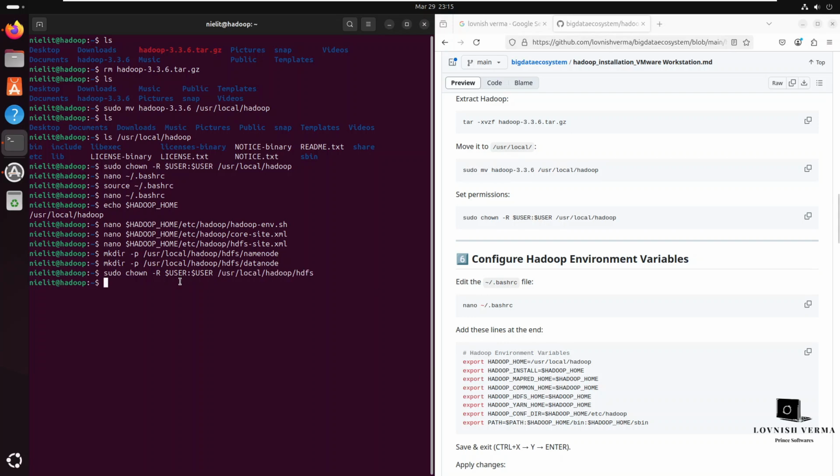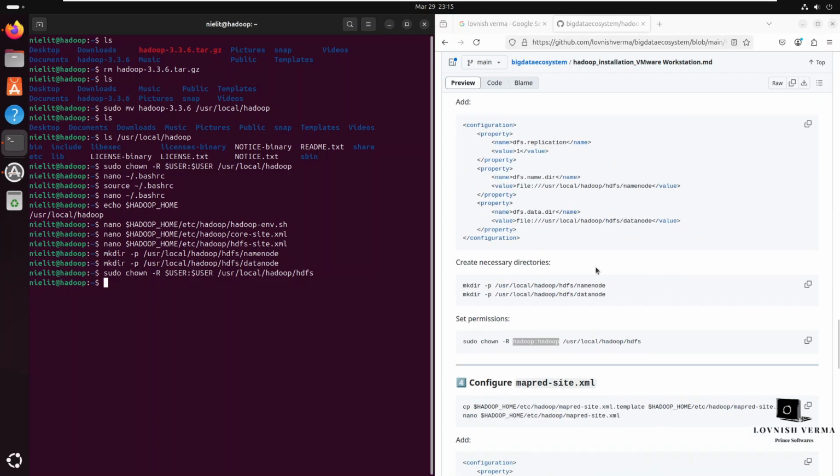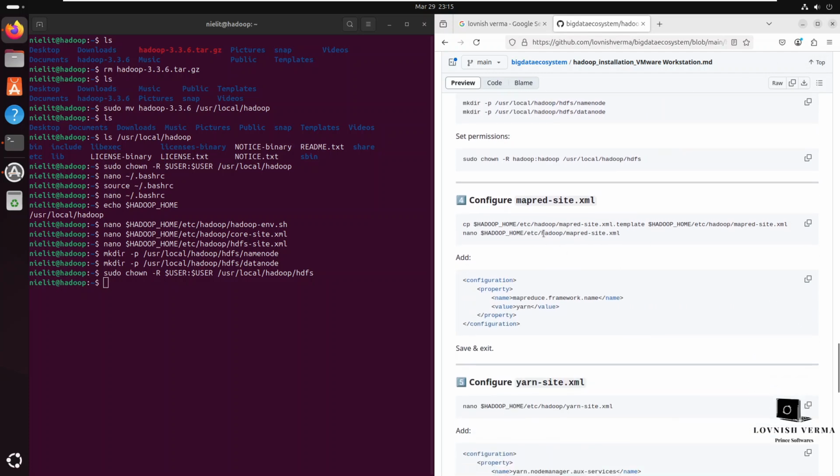Don't worry, I will update this command in my documentation, so you don't have to worry about this. This is wrong. It will work for the Hadoop user, but my username is not Hadoop and your username will be different. So I will fix it. Now I have to set the configuration of my